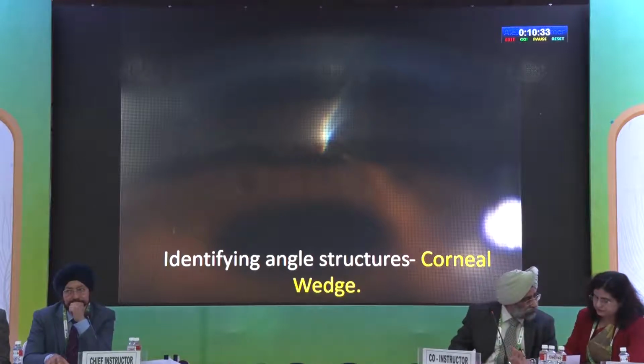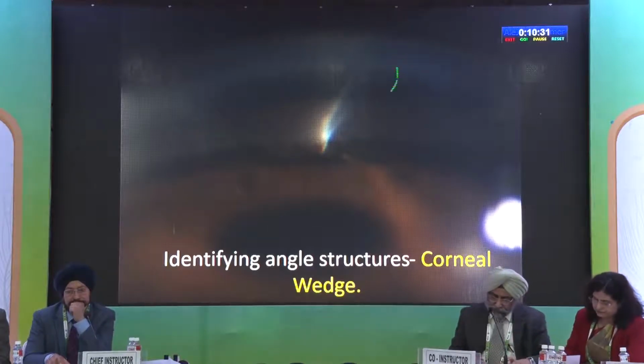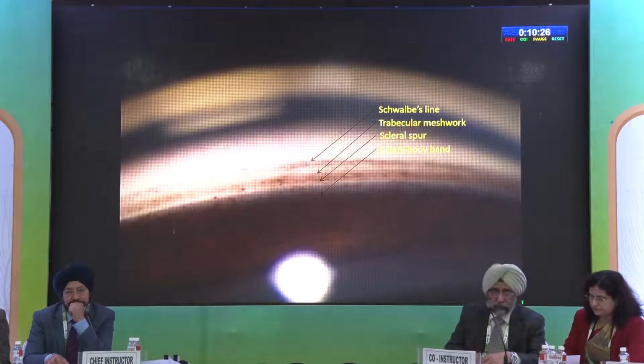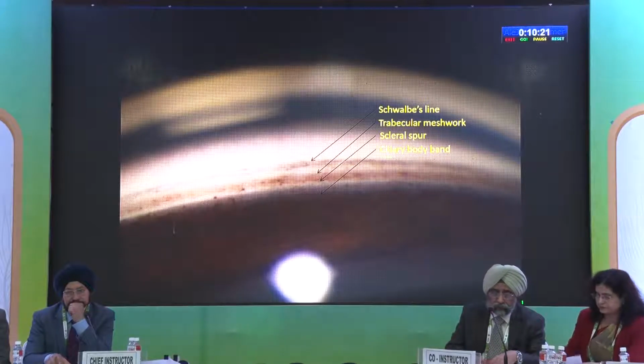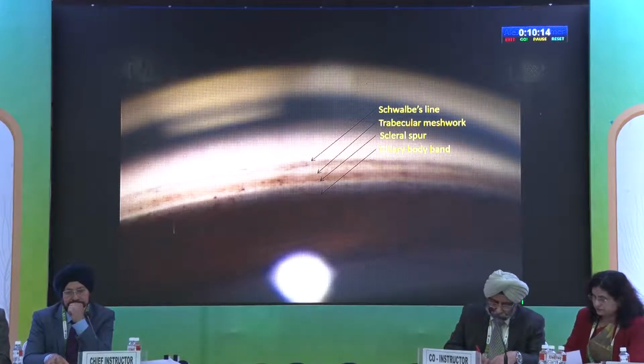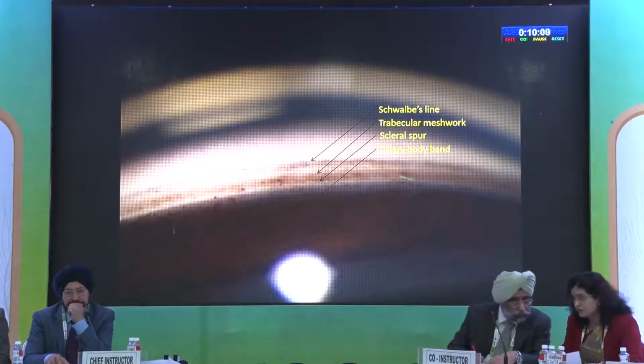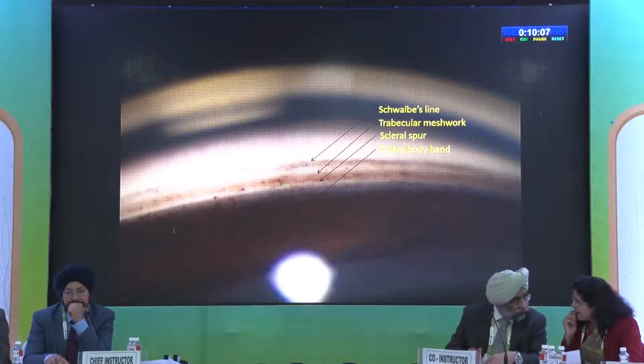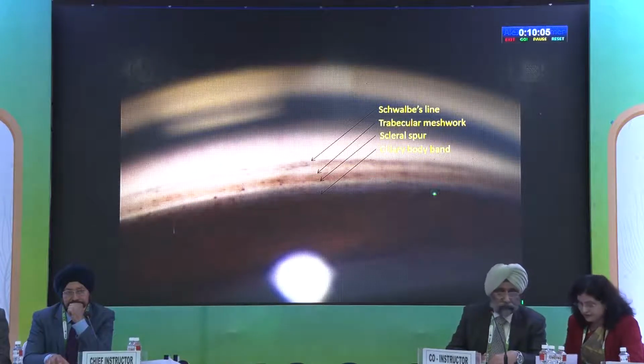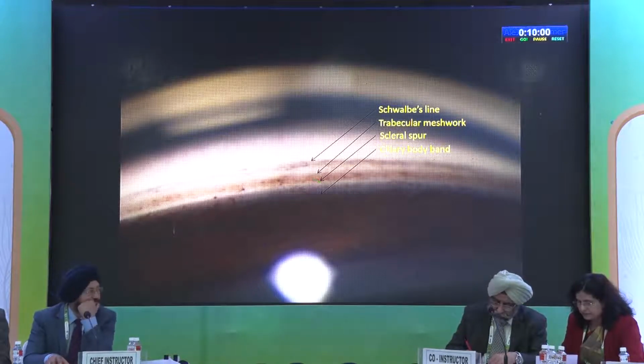So once you have identified the corneal wedge, you will be able to identify the structures which are lying behind the Schwalbe's line, which look like this. So if this is the place where your Schwalbe's line is, this is the place where your corneal wedge will form, and behind the Schwalbe's line is your trabecular meshwork. Trabecular meshwork may be anteriorly non-pigmented and a posteriorly pigmented trabecular meshwork, following which there is a white line which is the scleral spur, followed by your grayish structure which is the ciliary body band over which your iris is